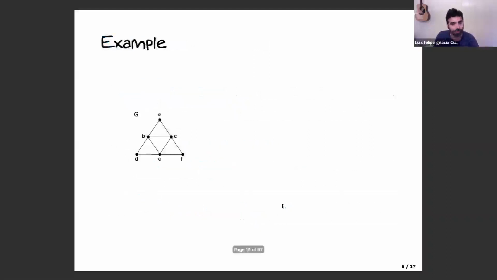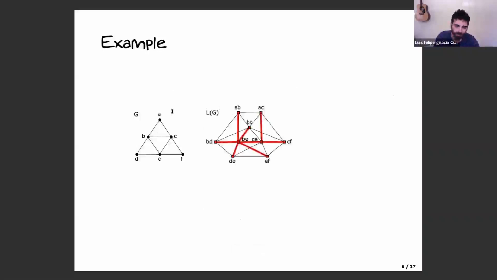Okay, so let's see an example to understand this. Here is a graph, any graph, and here we have the line graph of G. What we are looking for is to minimize the distance between vertices in the line graph, which is equivalent to minimizing the distance between edges in the graph. In black is the line graph. And just to review what a line graph is,